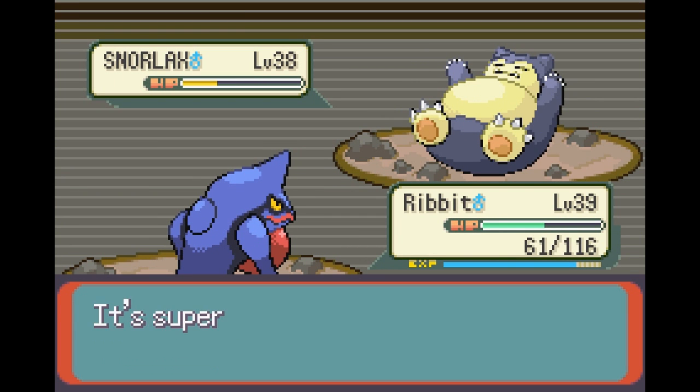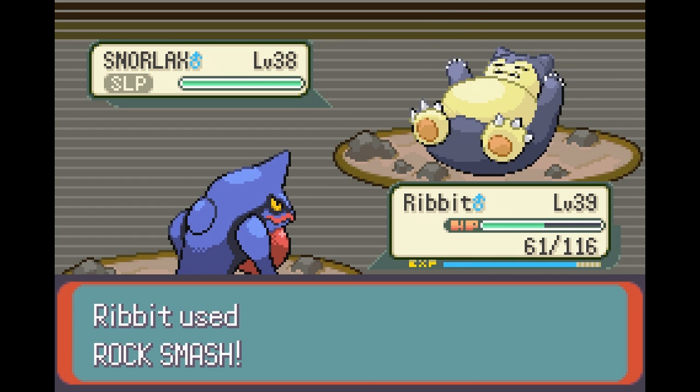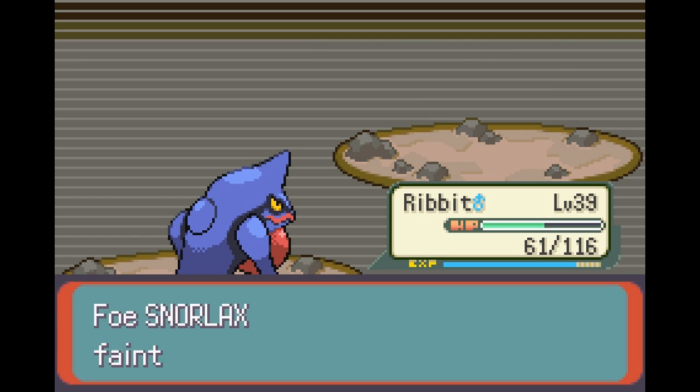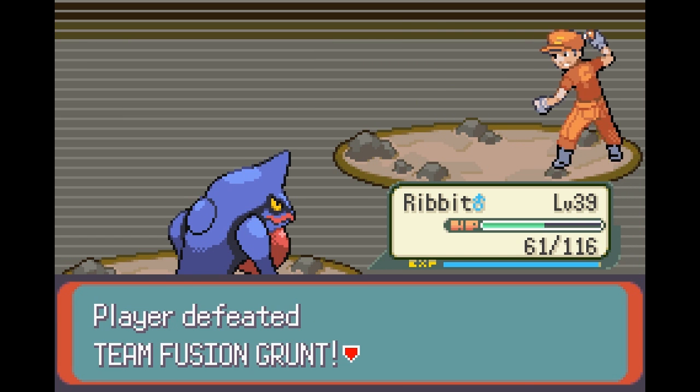Okay, so they just use Block. I did not remember that. Well, I didn't even pay attention, actually. So we can't switch out. But we do have Rock Smash, which is doing good damage on the sleeping Snorlax. That's a little bit